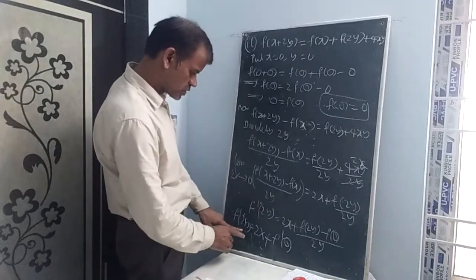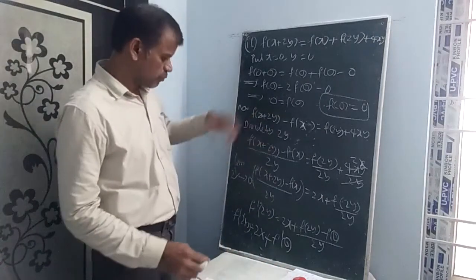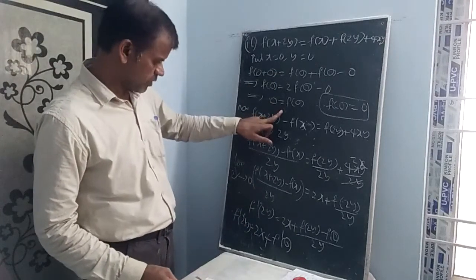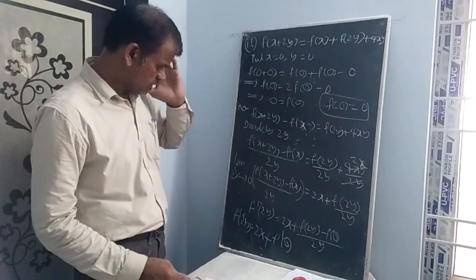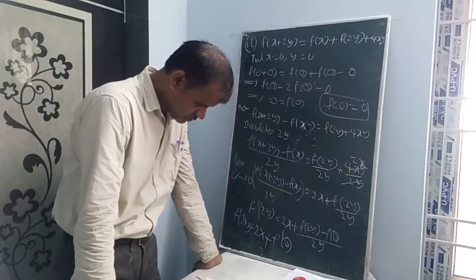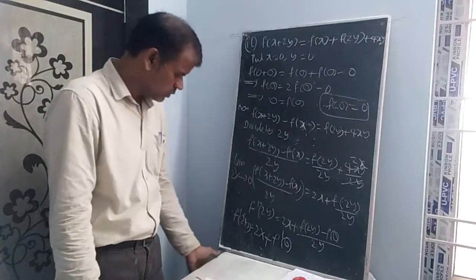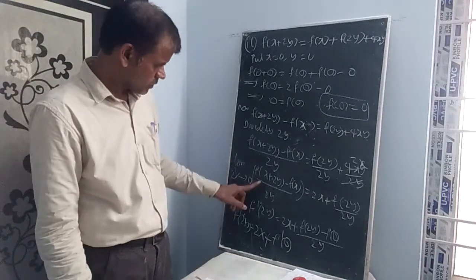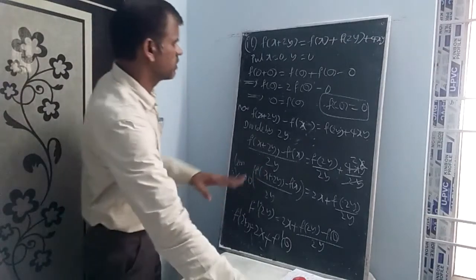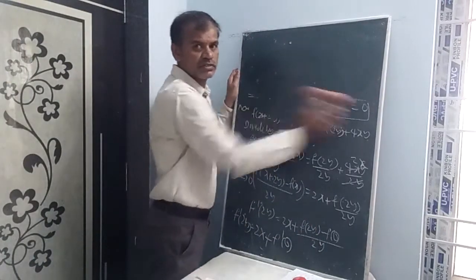Now what is f dash of 2y? Here you put 0. So f dash of 0, f of 0 is equal to 1. F dash 0, maybe somewhere we are getting wrong. f dash x is equal to 2x plus f dash 0. Put x equal to 1 here. Here we are getting wrong. Just once again let us verify the question, students.